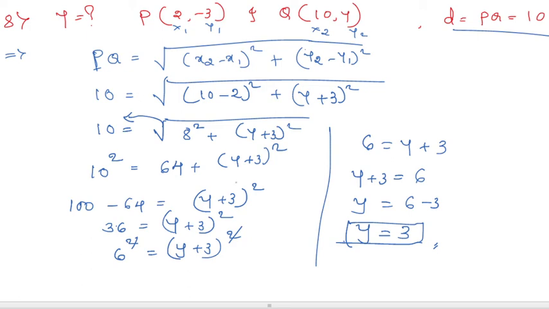Now this is sufficient. Now problem number 9. If Q with coordinates (0, 1) is equidistant from P(5, minus 3) and R(x, 6), find the values of x. Also find the distances QR and PR. This is similar to the 7th problem, do it yourself. Now problem number 10, the last problem of the exercise.